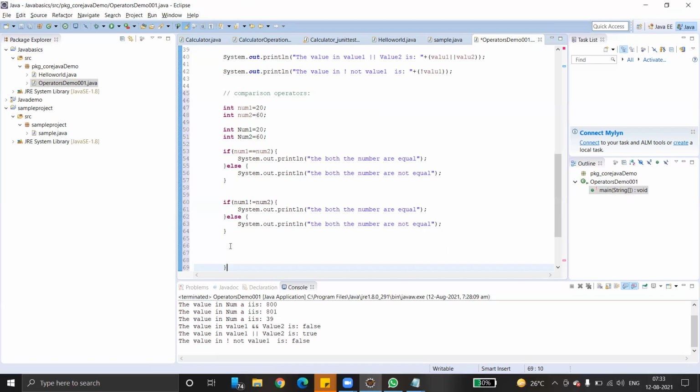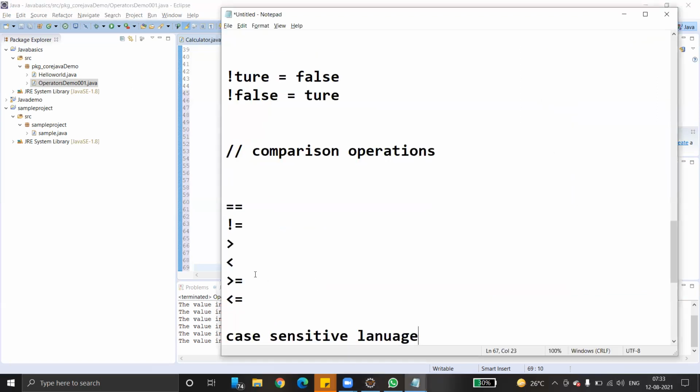When do we use greater than or equals to? Like in which case? Suppose we have salary, and I just want to compare whether the salary is greater than 20,000 or not. We assign a variable called salary equals 20,000.25 or something, then check whether salary is greater than or equals to 21,000 or not.